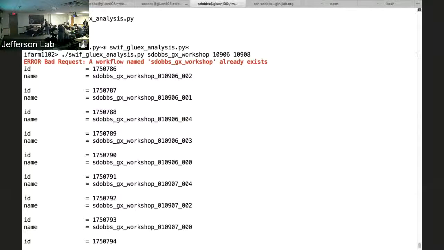So one way to put in the run number that you press, so one of the runs was 109. And so here,